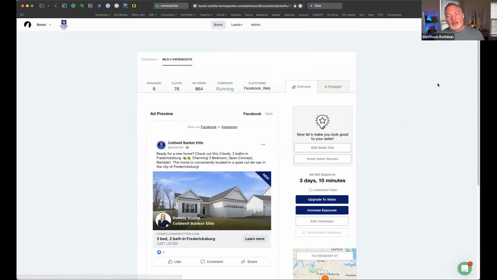Again, there's a second thing you have to do on this listing, and that's Boost. The ad is created automatically for you. You can choose to ignore it if you want, but you're leaving a lot of money on the table if you do. When you go to Boost, as soon as it's